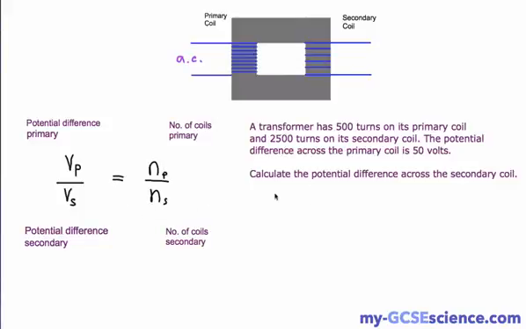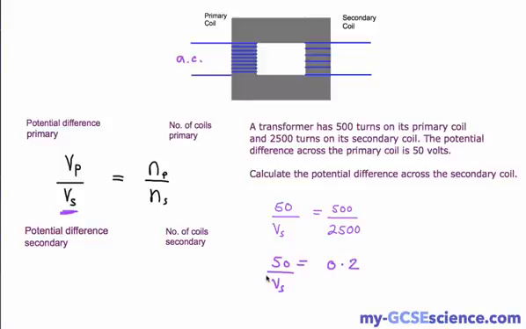So what is it we are trying to find out? Which is the potential difference across the secondary coil. So this is what we're trying to find out. So we can plug in the rest of the information. So we have 50 volts across the primary coil, so it's 50 over something we don't know, equals the number of turns in the primary coil, so it says 500 over 2,500, so then that is simplified to 50 over Vs equals 0.2, and if you're good at maths,